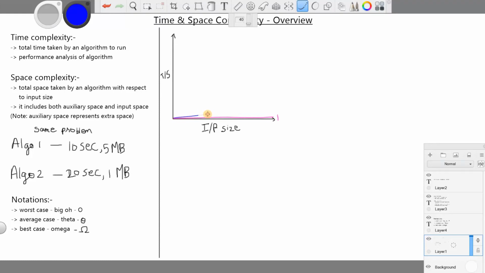And the second one will be log n. So this will be log base 2 of n. Third one will be, so this is linear time, that is order of n.